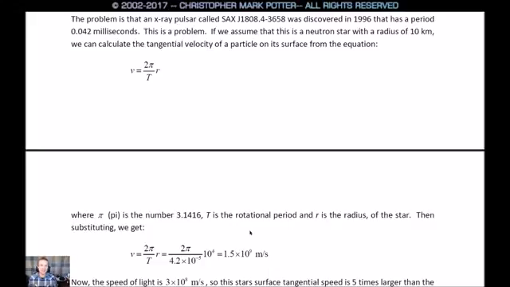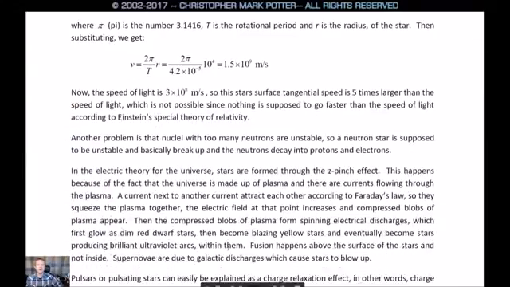Tangential velocity equals 2 pi over capital T times lowercase r, where pi is the number 3.1416, T is the rotational period, and r is the radius of the star. Then substituting, the tangential velocity equals 2 pi over the rotational period times the radius. So 2 pi over 4.2 times 10 to the negative 5th times 10 to the 4th equals 1.5 times 10 to the 9th